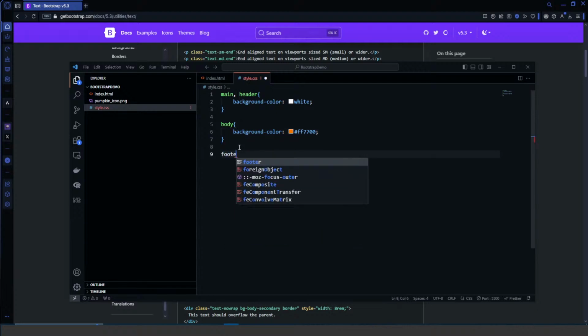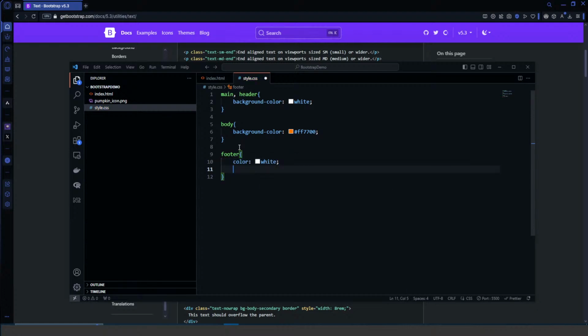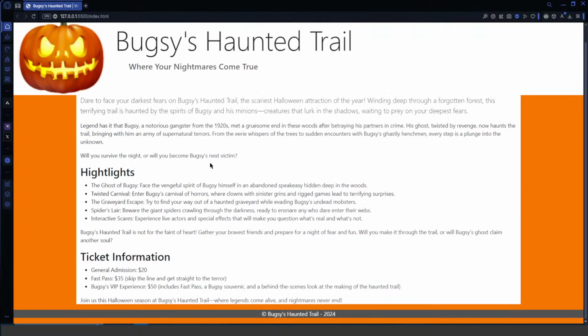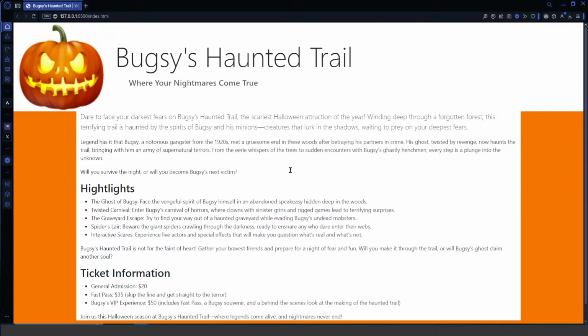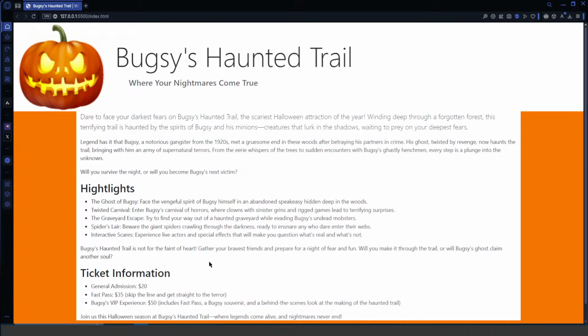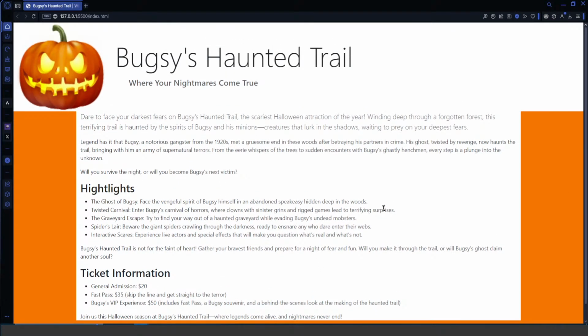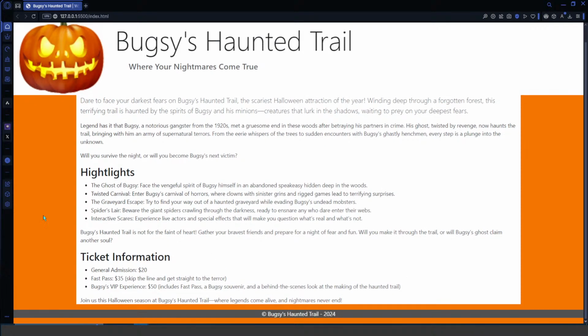Right, maybe for my footer, I can do color white, background color is like a dark gray, so like a 525252, or I did 535353 there. That's good enough. Right, and we can look at that and we can see some changes here, right? And we can see some things that's going on. And so when we start to make some changes like that to our document, we can also see some things that we might want to do via